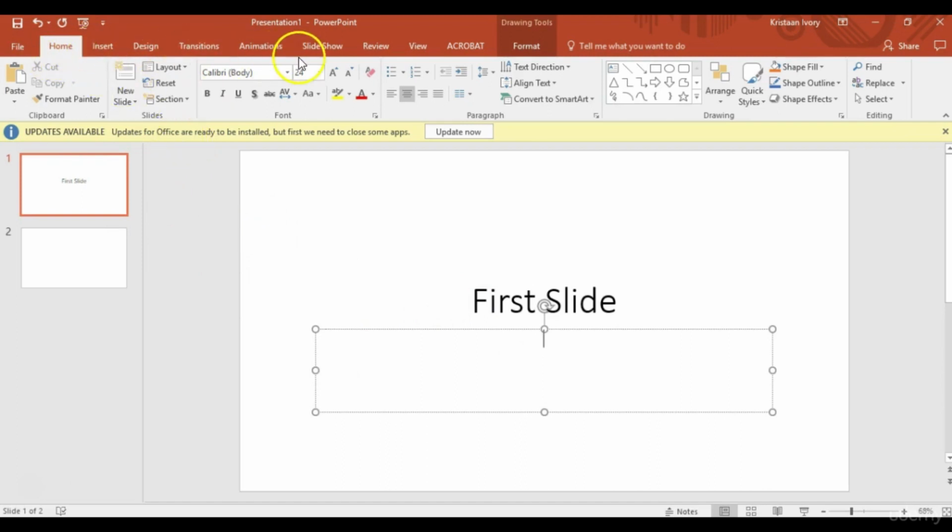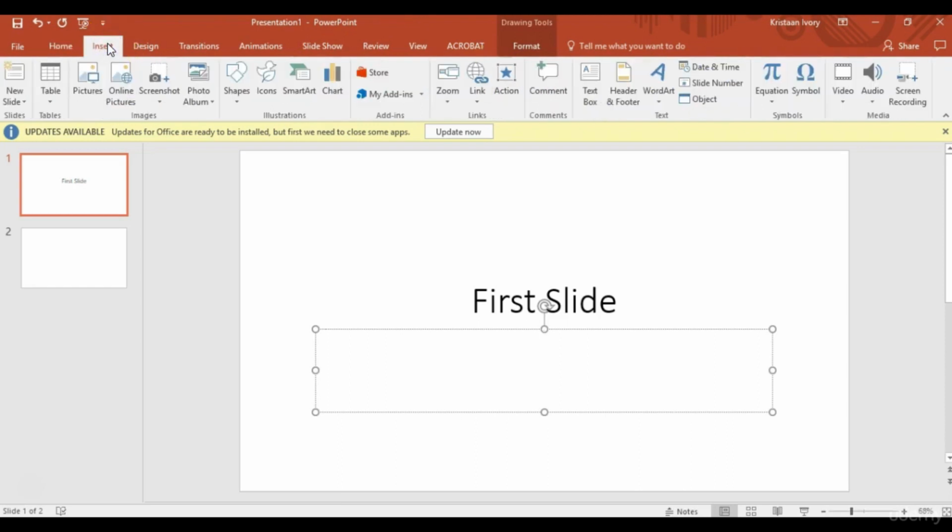So the ribbon is our top bar up here, which has all these different things. We have our home bar, which is all of our basic tools that you would need to build your slides. It doesn't have any decorations and designs, but it's your basic things, your font size, the color of your font, if you want it bold, how you want it laid out, all of those kind of things, shape, fills, quick styles, and we'll get into that much more. Next, we have our insert